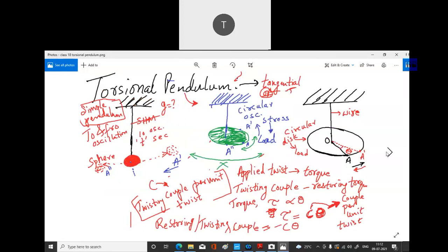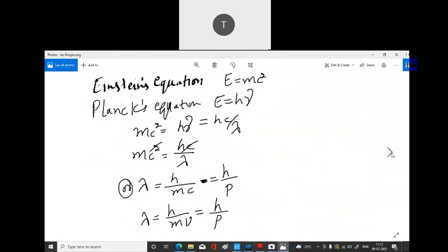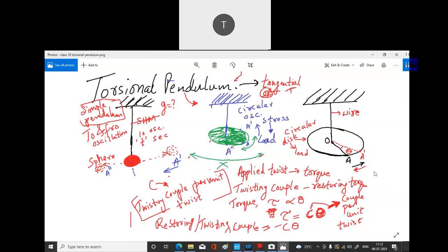So in this case, what happened? As I was explaining here, instead of B, I'm using A dash, and then A double dash. Then you would have a circular motion or circular oscillations, and using this kind of circular oscillation, you would try to find the equation for your rigidity modulus, N. So we are going to use that same concept, and we are going to perform our experiment in this case. This is the same thing. I'm not going to go into detail, since you have already learned this.